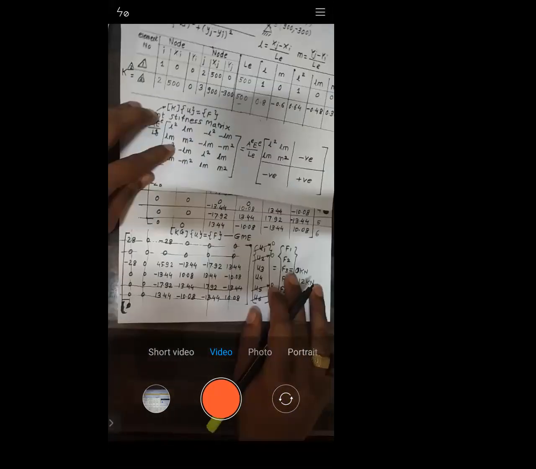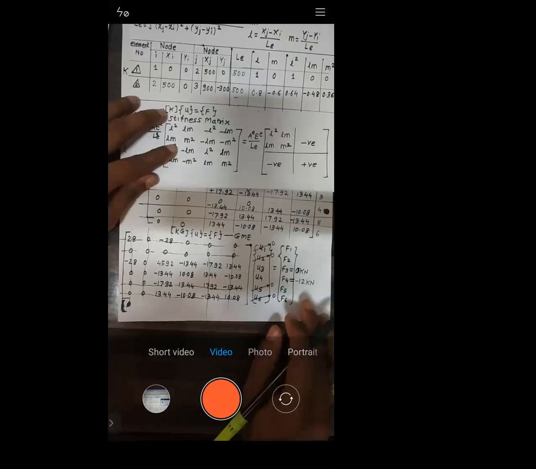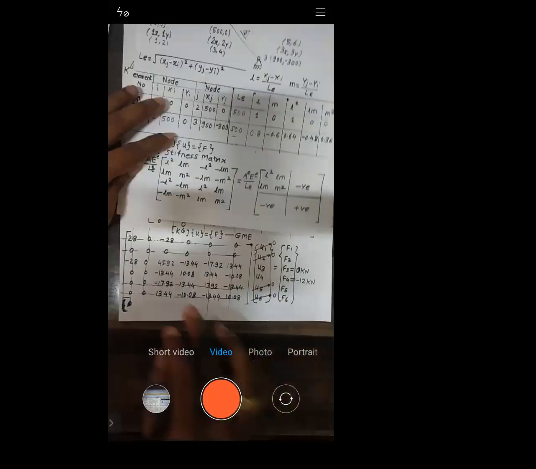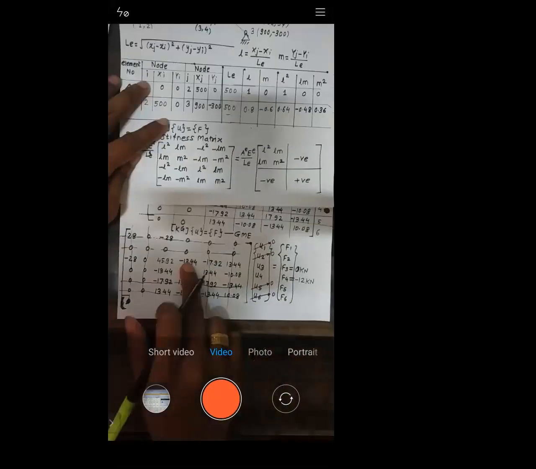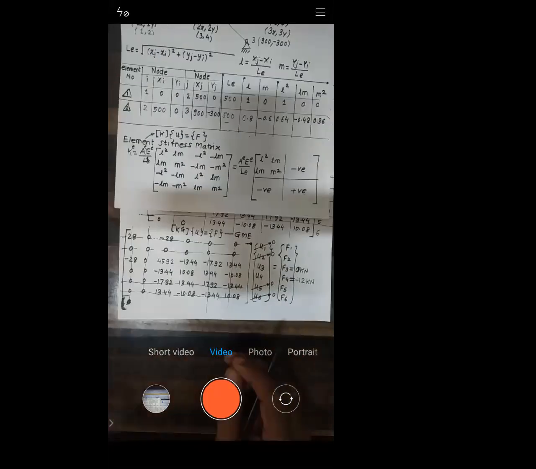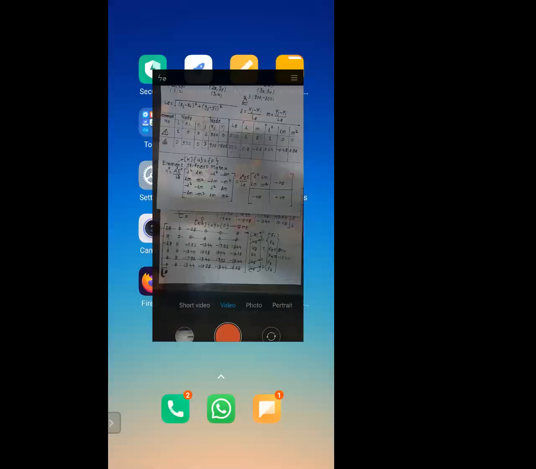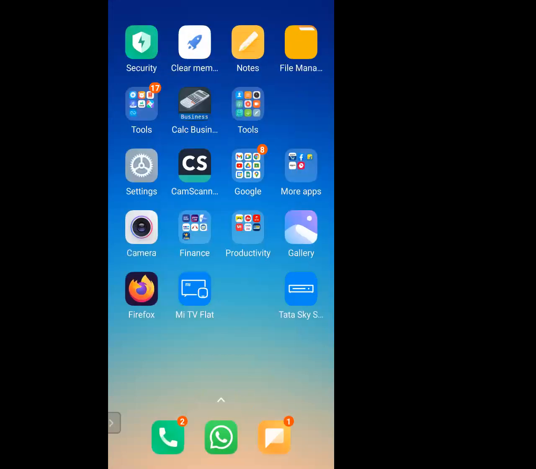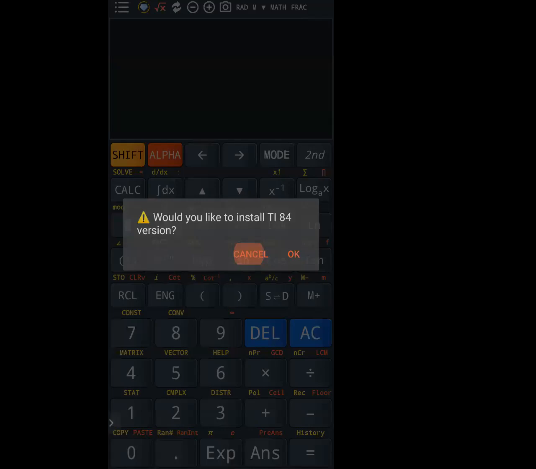Now, can you solve these two equations? Solve these equations in your calculator and let me know the values. What are you getting? Can you do that or not? Let me know. Yes, you can do that in the calculator. Minus 1.57, minus 1.95. All of you know how to do that?